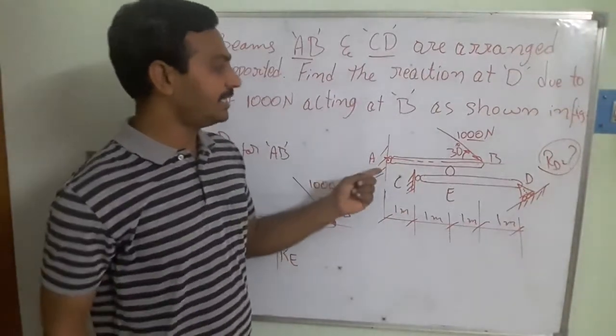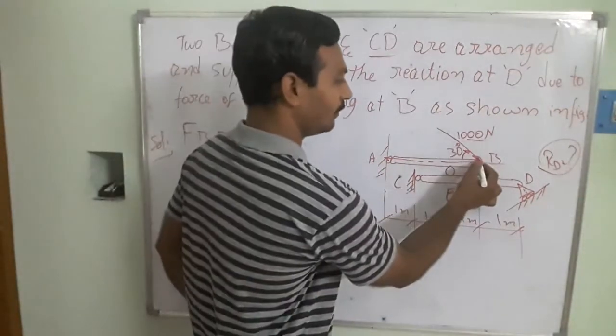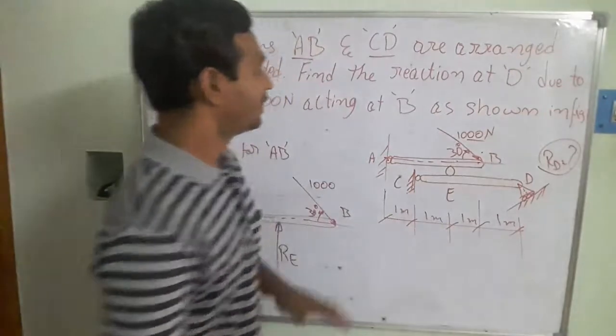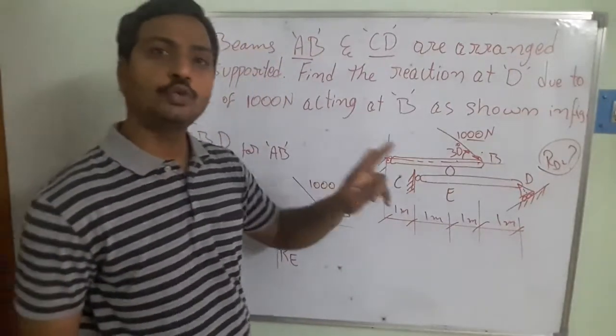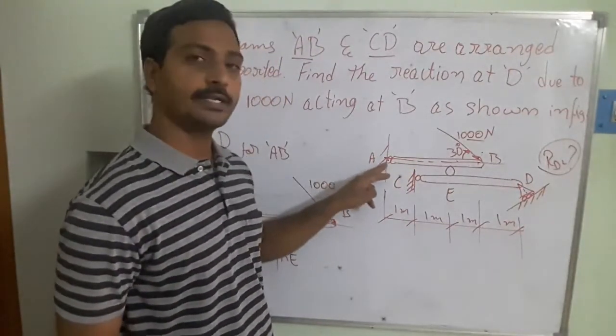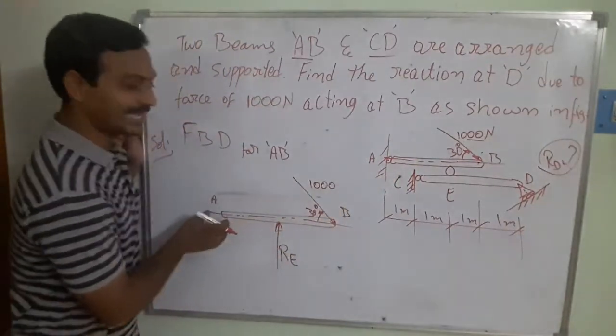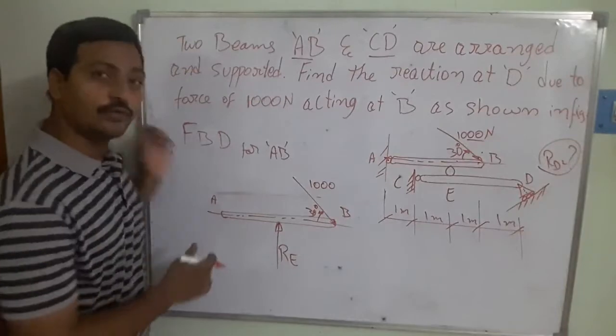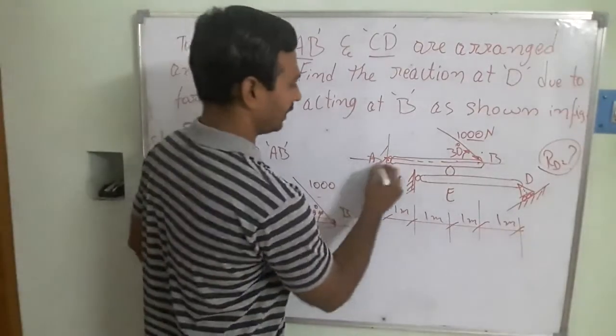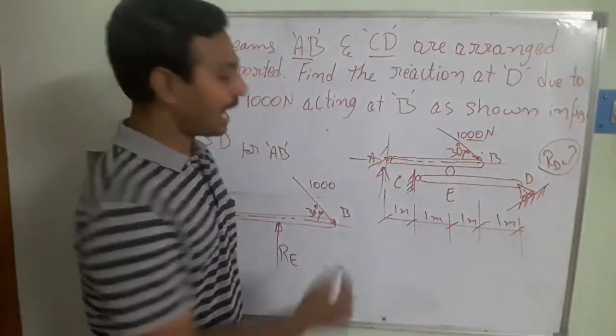So in this case, what will happen when I resolve this force into the vertical and the horizontal is that it is going to be subjected to two types of reactions. One is in the horizontal direction, the second one is in the vertical direction. For this one, I don't know exactly where it is going to be, so I want to find out the resultant in the horizontal and vertical directions. I want to take that part.